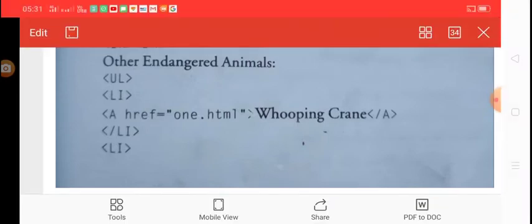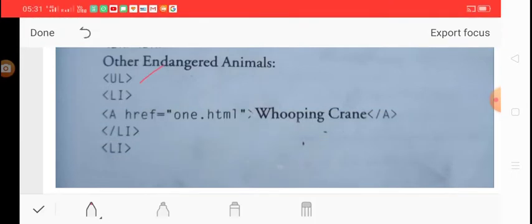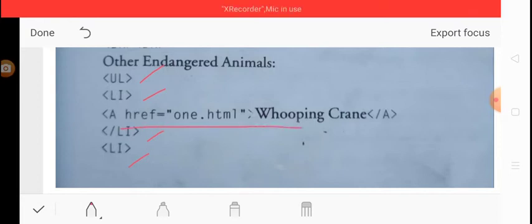Okay, then we can see that there is an unordered list, so we use the ul tag here, and different list items are given in the li tag here, and list items also serve as a link. So we define an anchor tag inside the li tag. So you can see here li, after that anchor tag href is equal to 1.html, which is already given, and that is the name of the link.